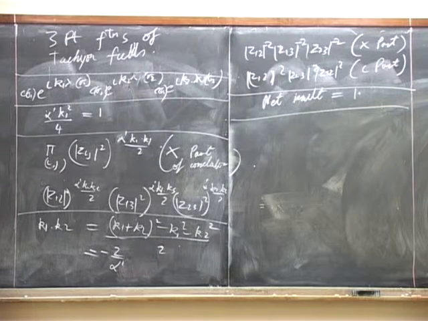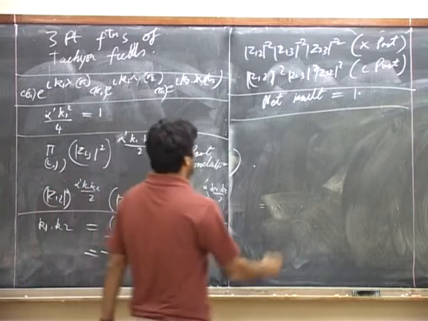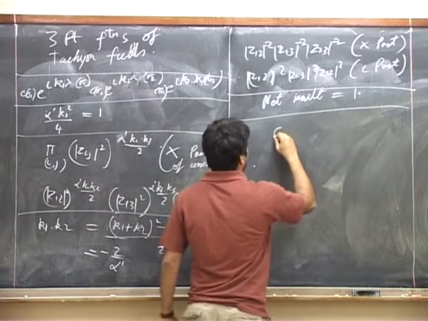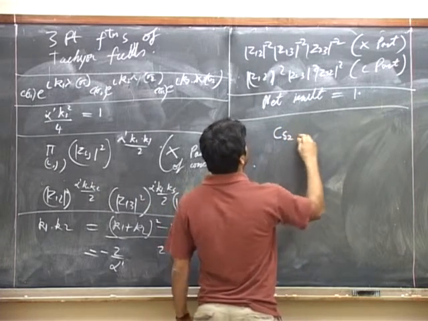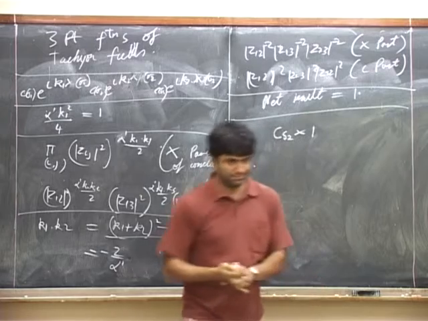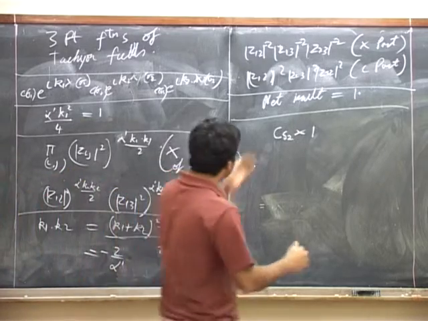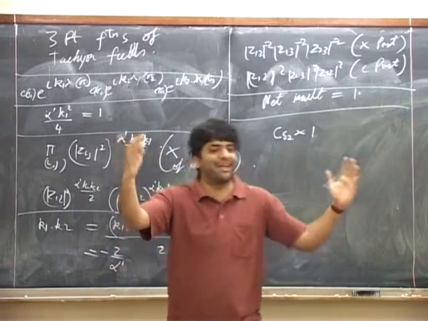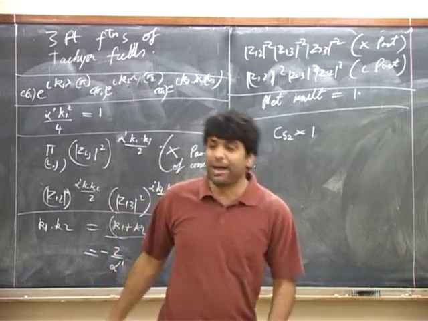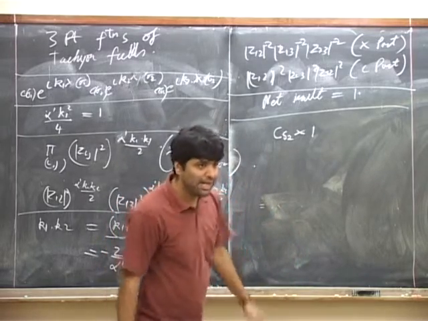So the answer to this correlation function, more precisely, is the answer to the partition function. So let's call that C_S2 times 1. What I mean is that there's an undetermined determinant factor outside everything that we call C_S2,